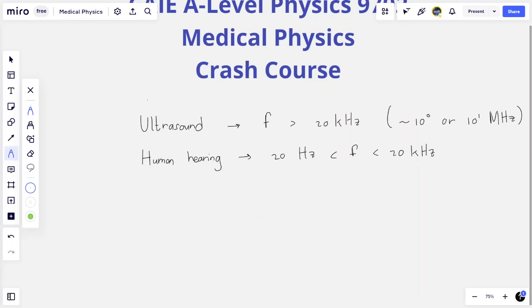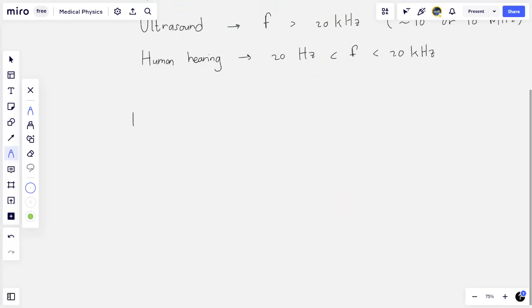Okay, and so the first thing we need to know, and again, this is a crash course, so we're going to break it down very simply, very rapidly as well, without going into too much of the details. Whatever extra mathematics or extra reading is required, that you'd be expected to do. But very simply, you have to explain the production of each source of waves that we are going to discuss in medical physics, and you have to know how they are used to image different